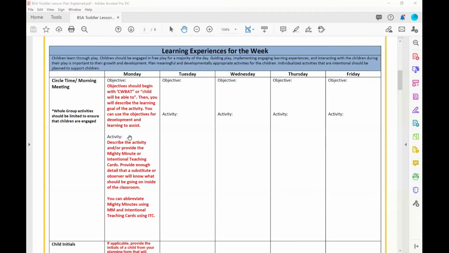Then in the next section, you're actually going to describe the activity. So you can describe the activity if it's something that you've come up with on your own. You can list the Mighty Minute or the intentional teaching card. You can abbreviate Mighty Minute and intentional teaching card. Mighty Minute is MM, intentional teaching card is ITC, and then you would just put the number and the title